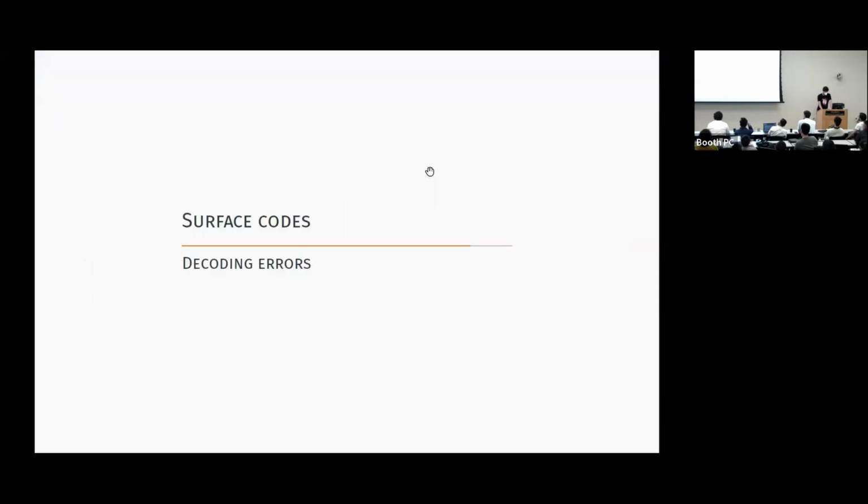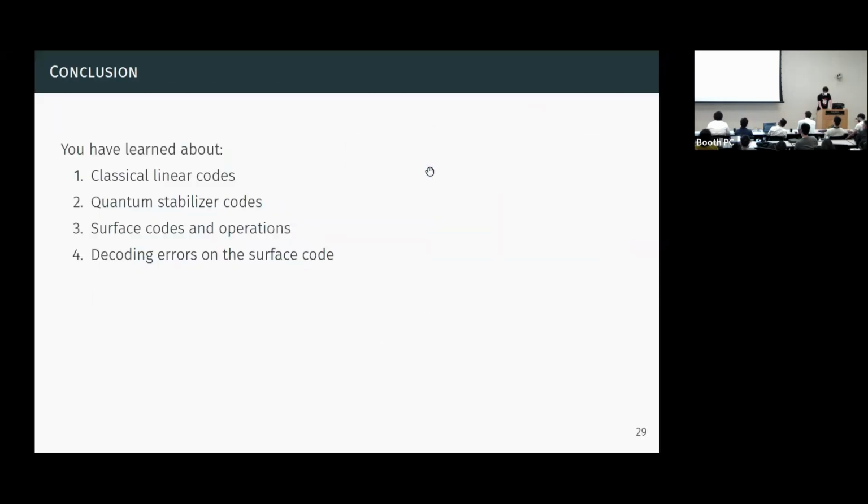Okay, so let me conclude. So we have learned about classical linear codes, quantum stabilizer codes, which come from the stabilizer generator matrix. Then at the end, we saw surface codes, which have as a unique property that they're represented in some geometry, right? So in this case, it was 2D. And finally, I showed you an example of how to decode errors on the surface code because they anti-commute with particular